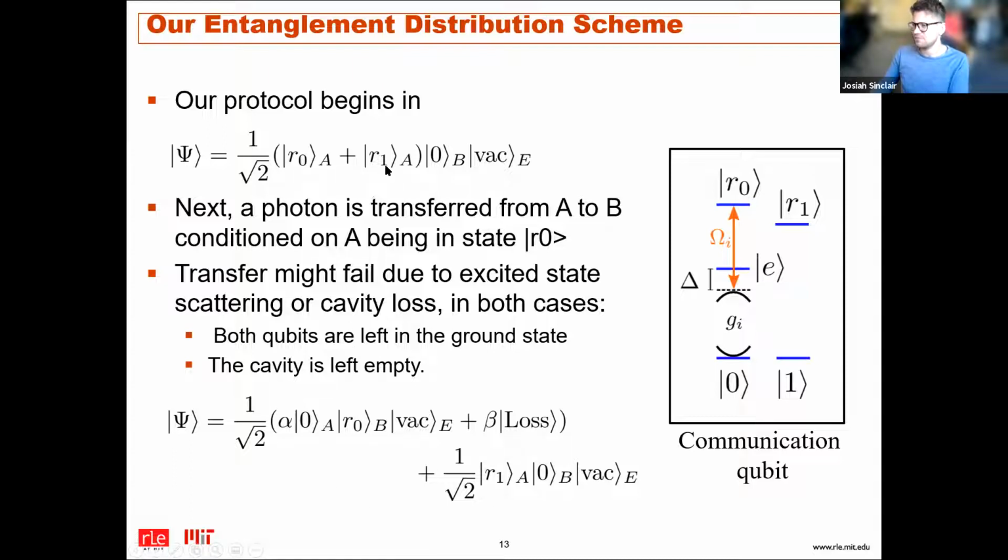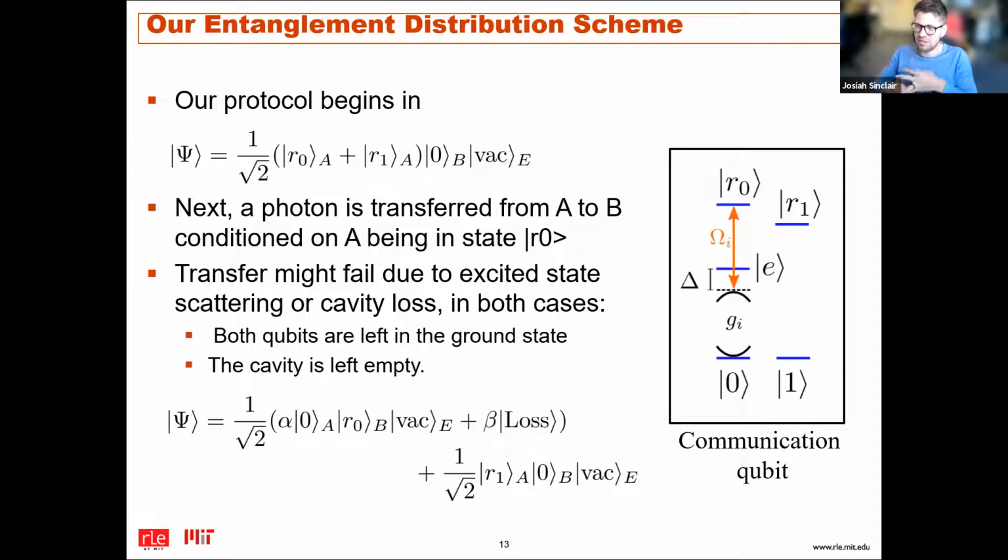You can see, so R1 0 vacuum, that half of the superposition just stays unaffected, and the R0 0 vacuum turns into, R0 on qubit A turns into 0 on qubit A, and 0 on qubit B turns into R0 on qubit B, plus this beta amplitude for loss. And that loss would be basically a photon in some mode flying away from the cavity with information, and